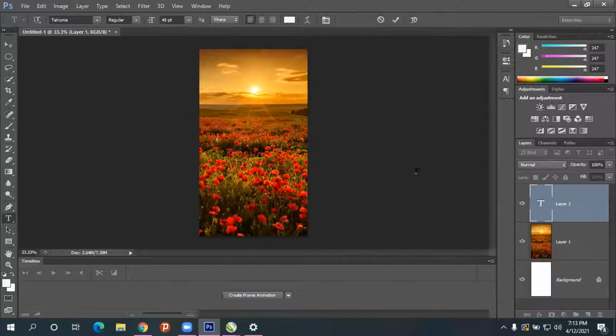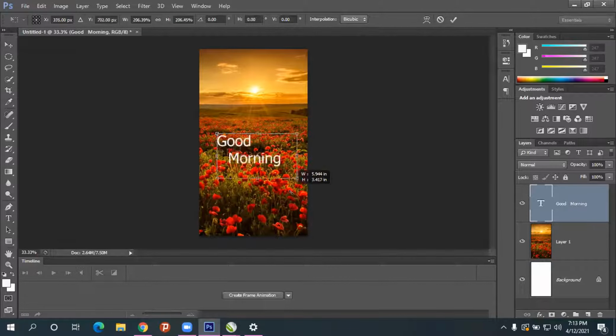And take text tool. Just type good morning, enter for next line, and good morning. And take move tool and press Control T, make it bigger.